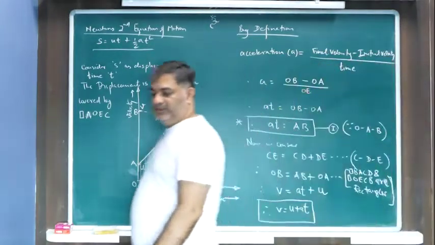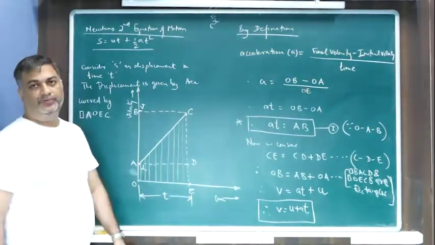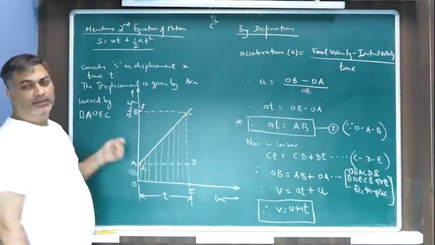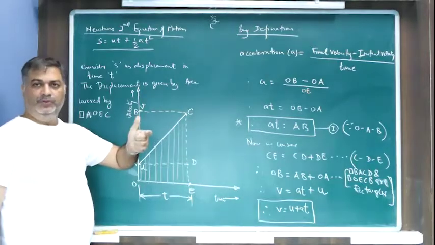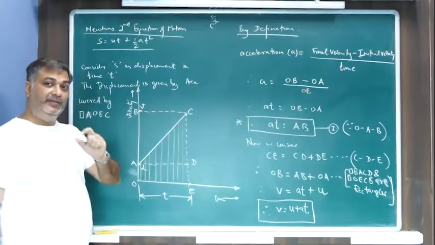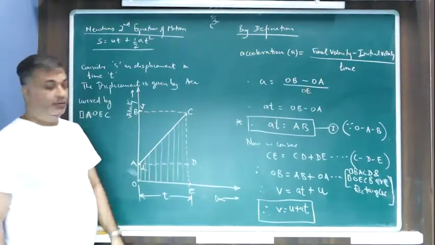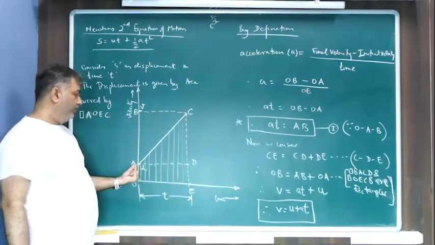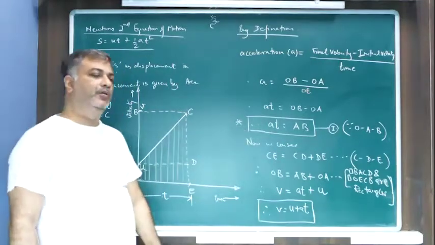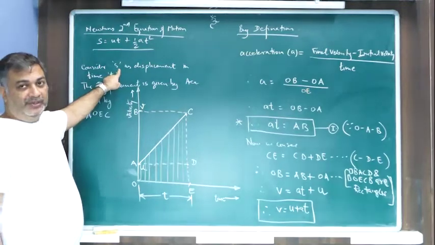Now we will go to the second kinematic equation, the second equation of motion, which says S is equal to ut plus half at square. Consider that body which was moving in the first kinematic equation which we showed. Consider that the body has a displacement of S in time t. So in this time period t, when the body was traveling from A to C, let us say the displacement that it could cover is S, because the symbol for displacement is S.